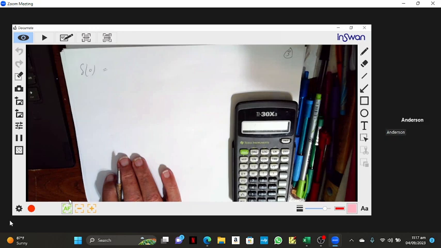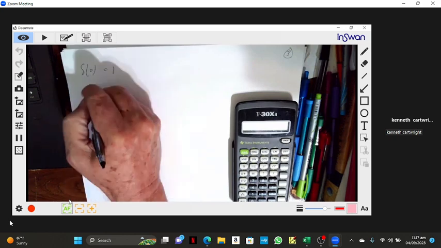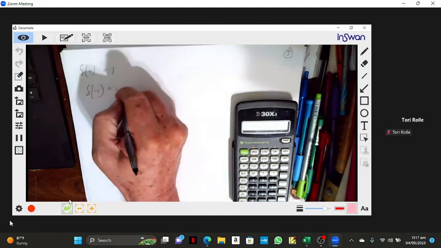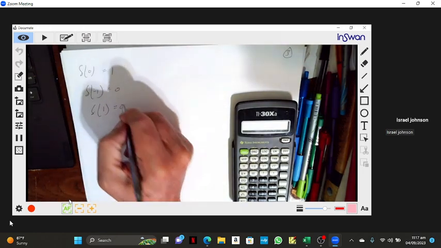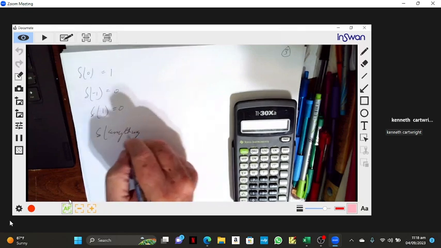Can I see the page before this one, please? Based on what I saw on the last page, that would be 1. Yes, 1. What's delta of negative 1 equal to? Zero. What's delta of 1 equal to? 0. In fact, delta of any integer,